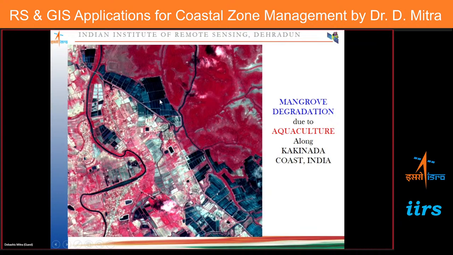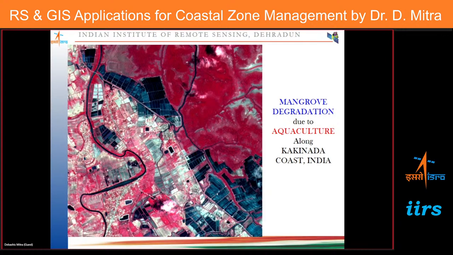Here earlier it was all mangroves. Now mangroves have been cleared and the aquaculture practices have come. And you can see all the white color spots, they are the ancient aquaculture. So these fields they are now not using, because in a particular area aquaculture practice cannot go on for infinite time. After a few years, you will leave the field and go for another field. And this left out place is of use for nothing, it will become a wasteland